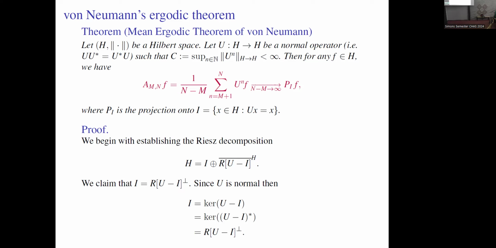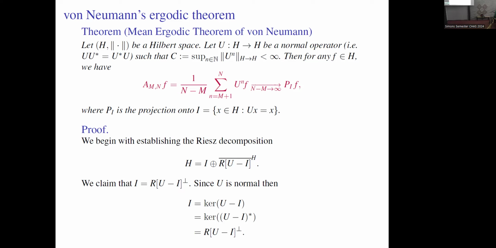And so it says that if we have a Hilbert space with a normal operator, so it works also for some contractions, but for our purposes, normal operator is fine. Normal means that U commutes with its adjoint, and if we add this assumption that they are uniformly bounded, in the sense that the sup of the norm is a finite number,